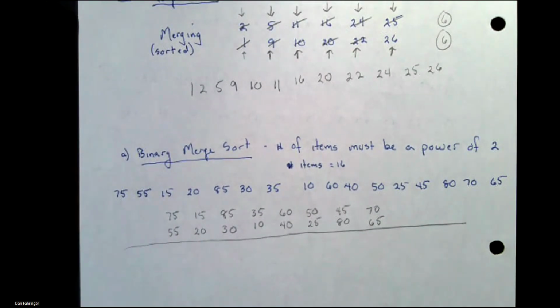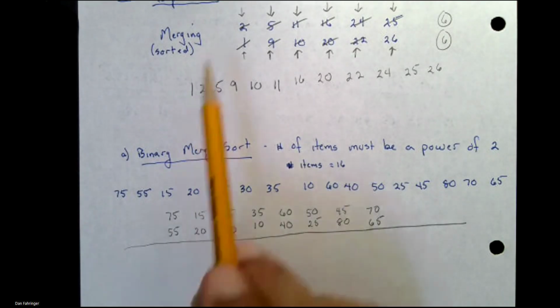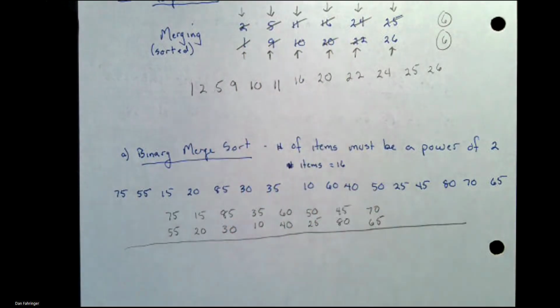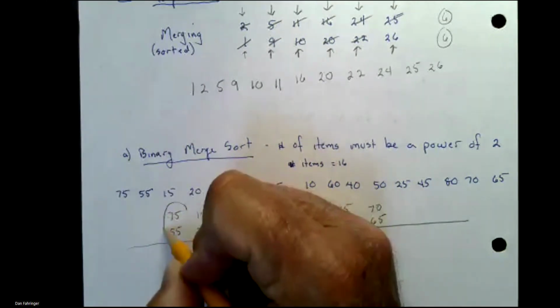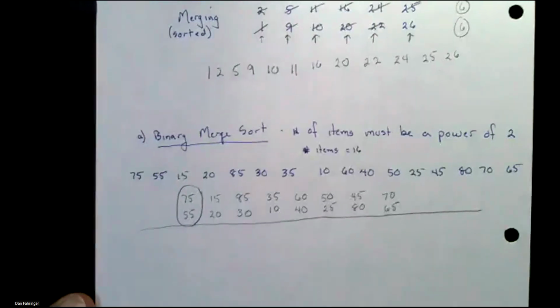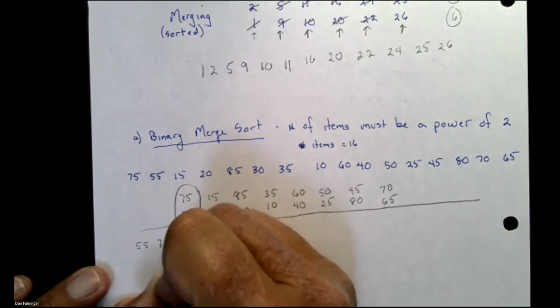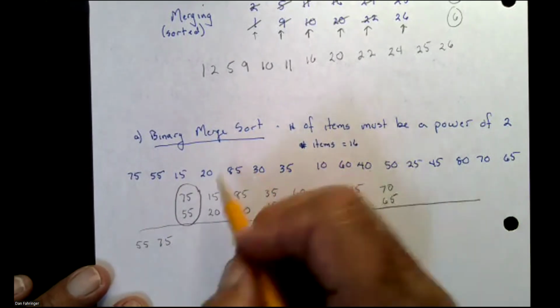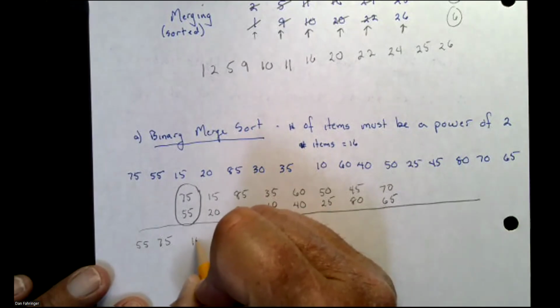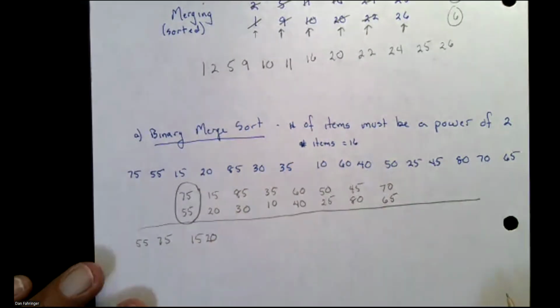Went one at a time and made two lists. And now I'm going to merge them, but I'm going to merge them one at a time. Up here, we had a couple of runs where we stayed in one list. That's going to be next. But for now, I'm going to merge them one at a time. So I take a look at the first two. Merge 55 and 75. I take a look at the next two and merge 15 and 20,